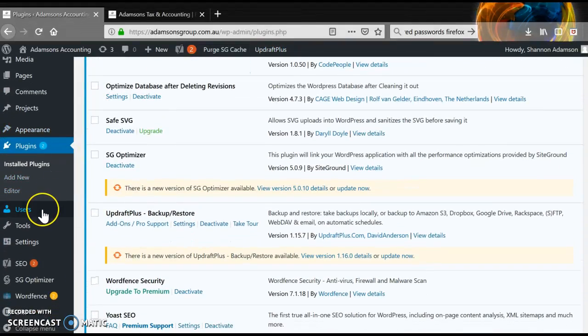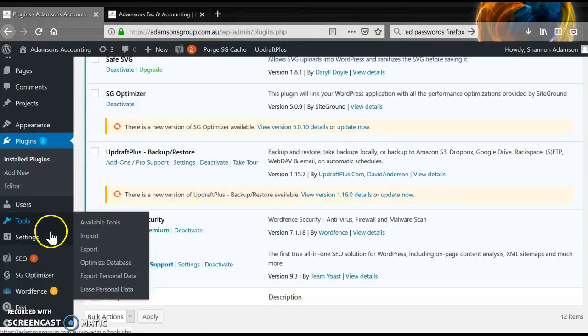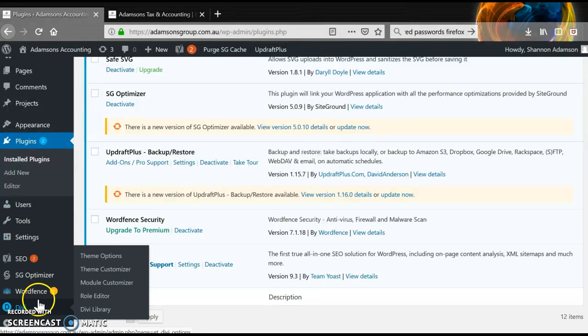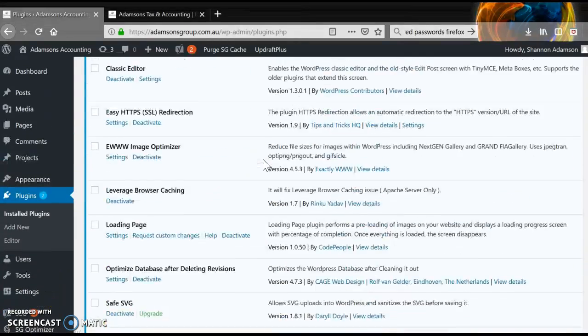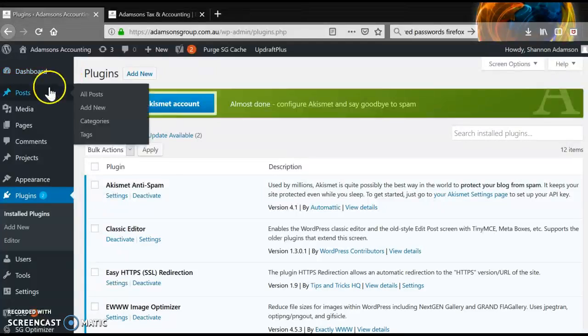Come down, so users, if you want to add other users to the website. I don't think you really will need that. If you do, just let me know and I can run you through that. And this is just all the plugins here that we've used as well. So yeah, in terms of just the minor updates that I think you'll make, I think that should cover most of them. The only other thing I'll run you through is